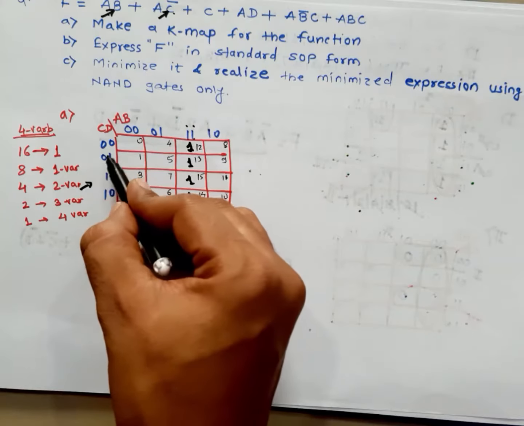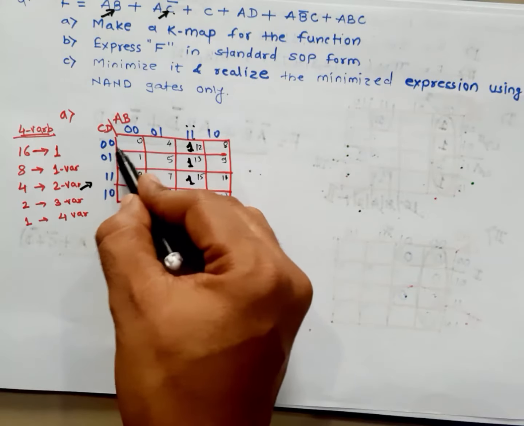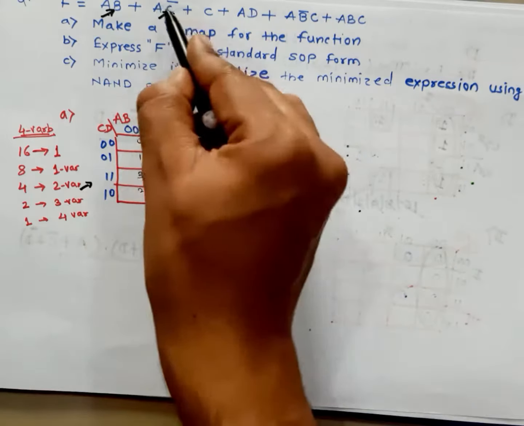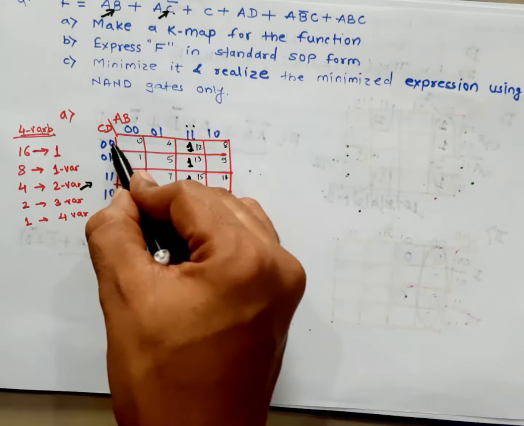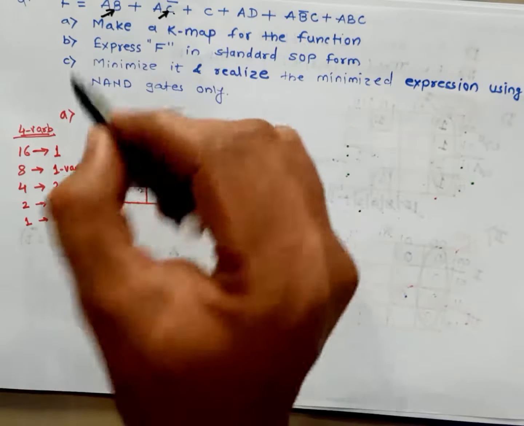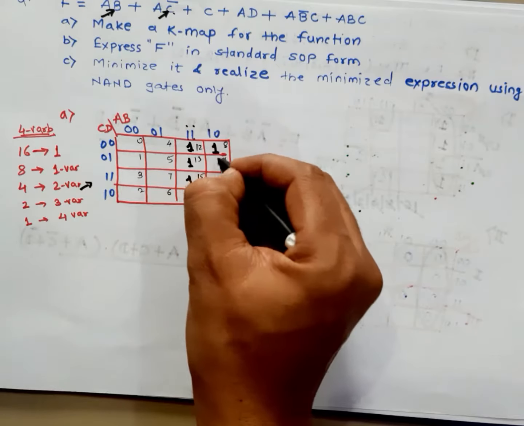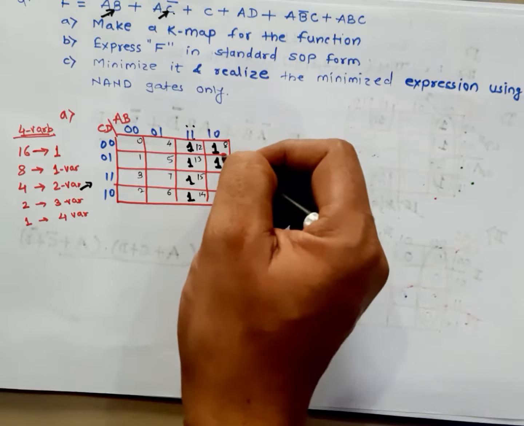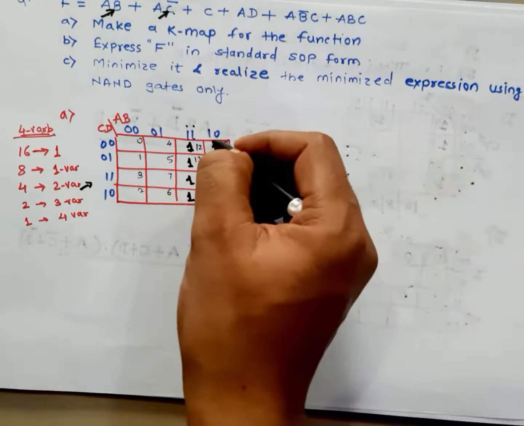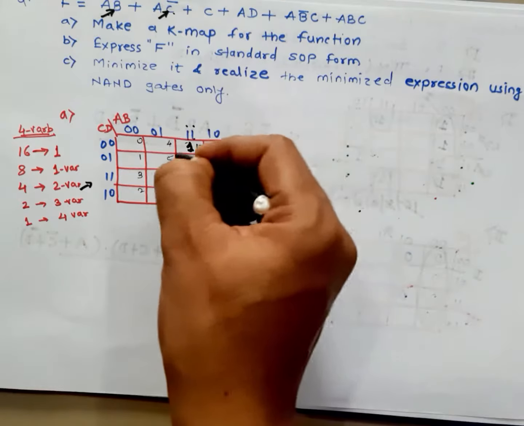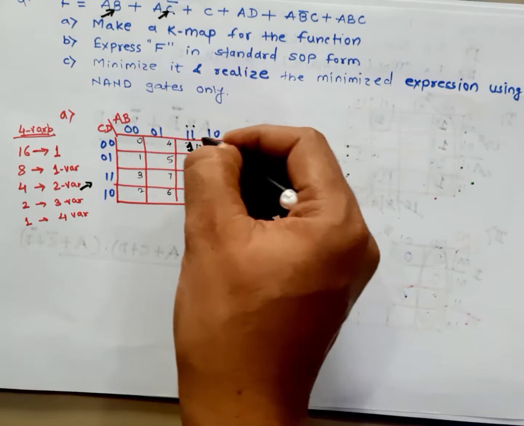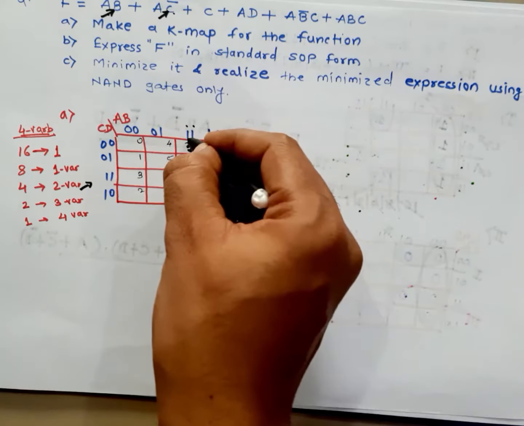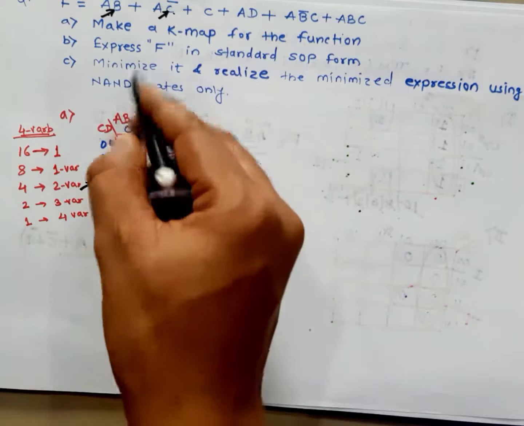Now in this case, for these two rows, the value of C is 0 in both cases, that is C bar, and the value of D is 0 and 1, so D gets eliminated. For that purpose, we need to put the 1 1 values in cell number 8 and cell number 9. Now see here, if you make a group of these 4 cells, these 2 columns and these 2 rows will be there. So the final equation is A, and from this, C bar.